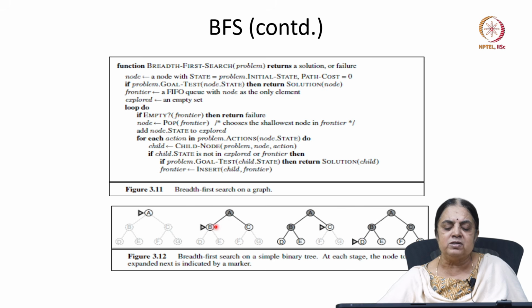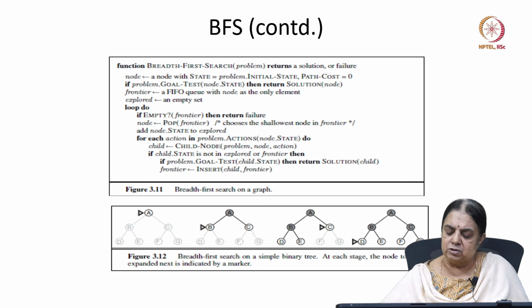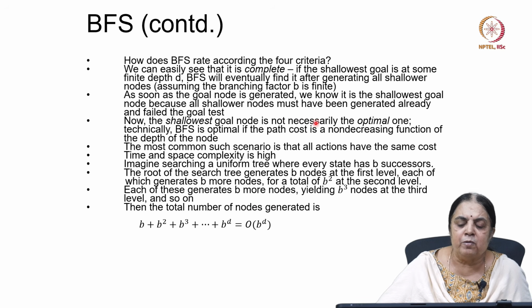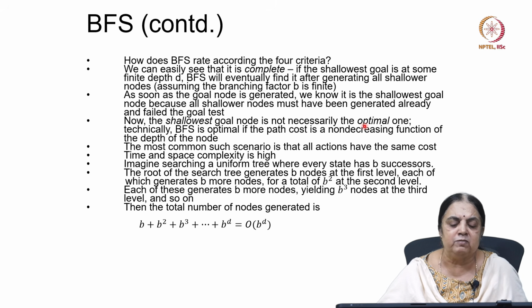So it finishes each level of nodes before it goes to the next level of nodes in the breadth first search. Okay, so let us look at the 4 criteria which we said is important for rating the performance. We can say it is complete, because it will find the shallowest goal node, right? So it is complete, and it will be optimal if the shallowest node is the optimal one, which mostly